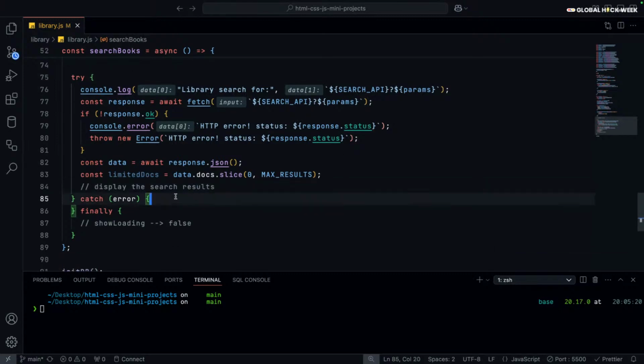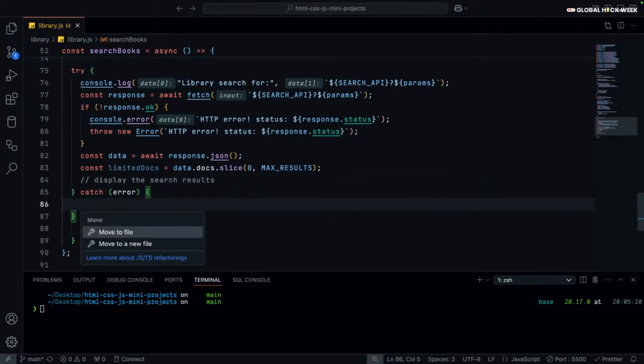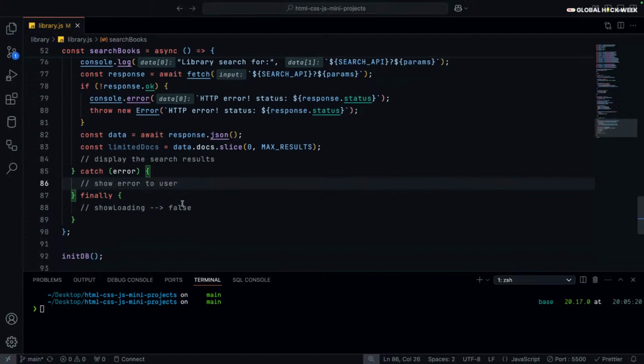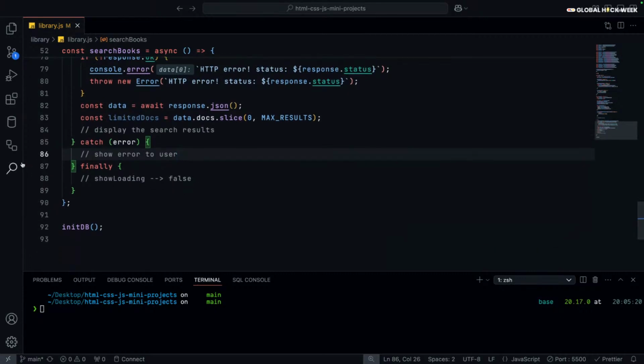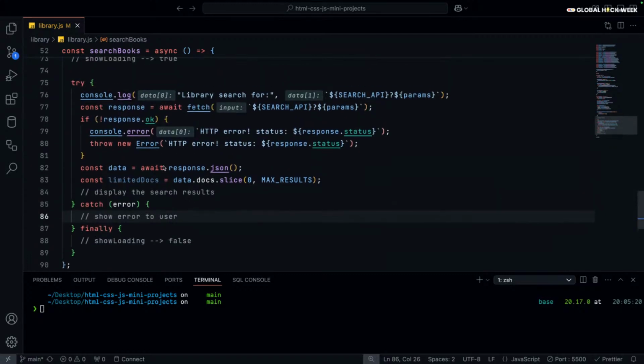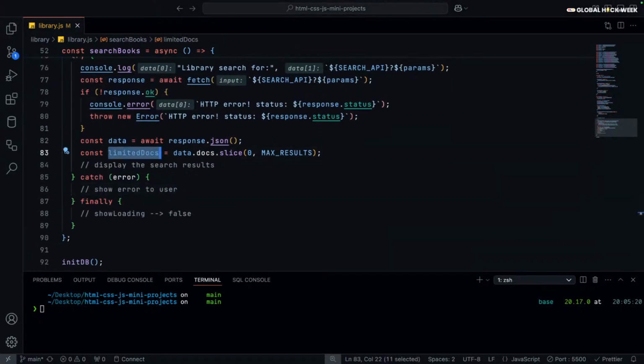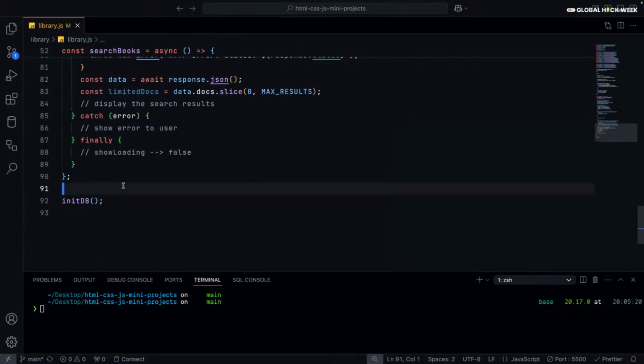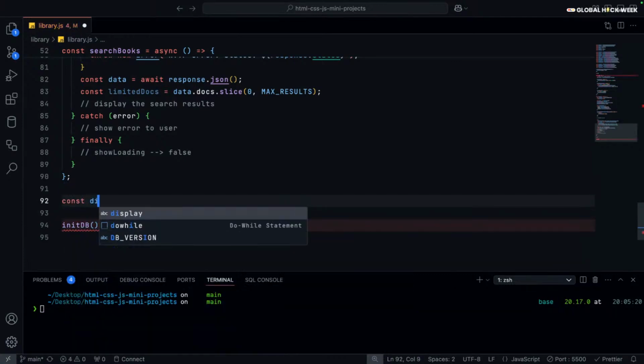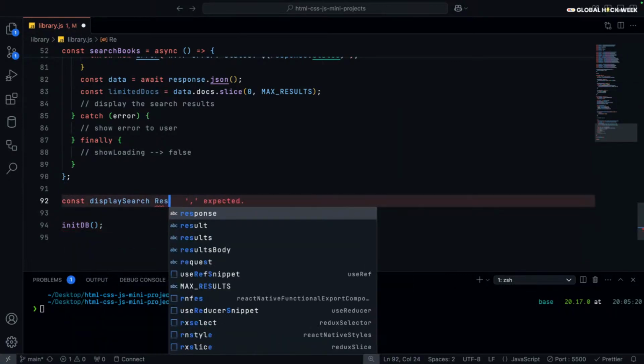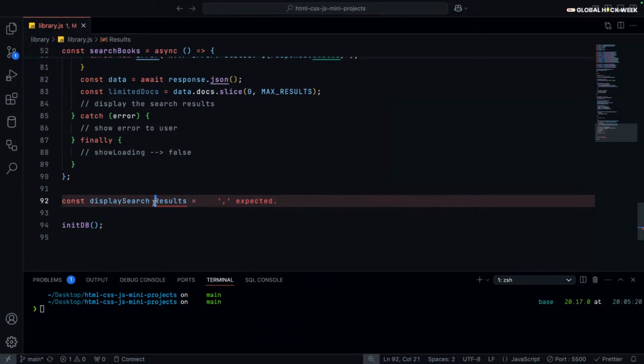Now inside the catch, we will show error to user. And inside the finally, we'll make sure that showLoading becomes false. Okay, so that is our idea. Right now we are not using the limitedDocs. We want to create a new function for displaying the result. So let's do that. const displaySearchResults equals, no spaces in between, of course,